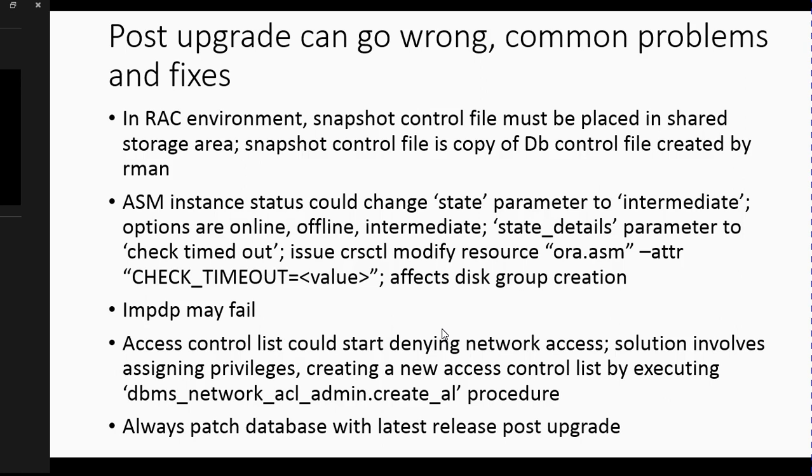That means you can't just have RMAN store the backup locally. You have to take RMAN's snapshot backup, or control file backup, and place it in a shared location so that all the nodes are able to access it. Let's say you experience a disastrous event, a system failure or instance failure, then all the nodes can refer to that one shared location